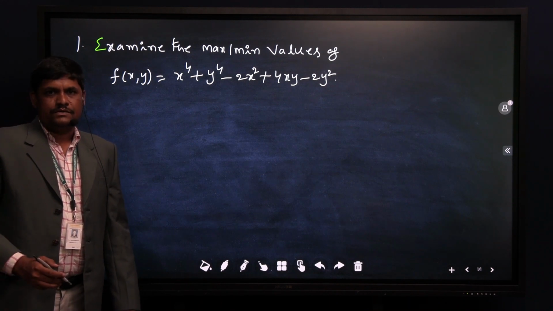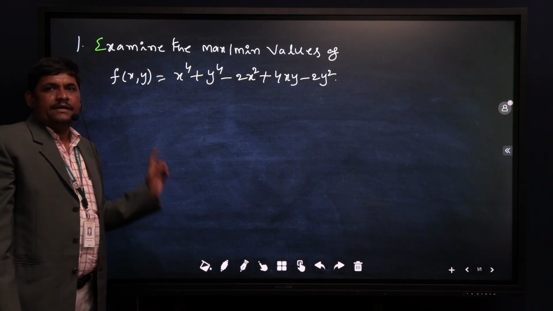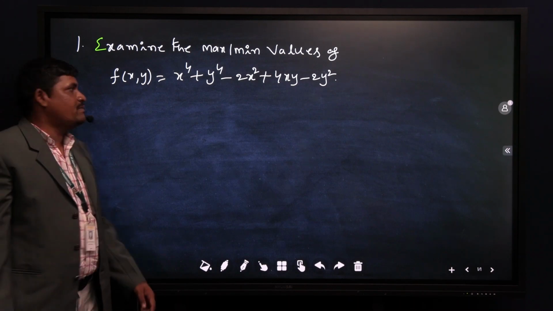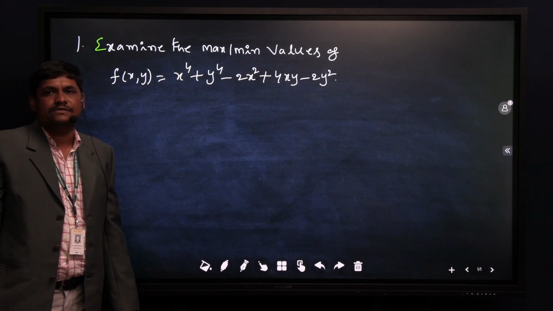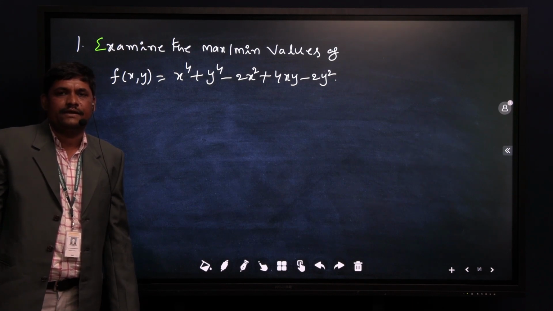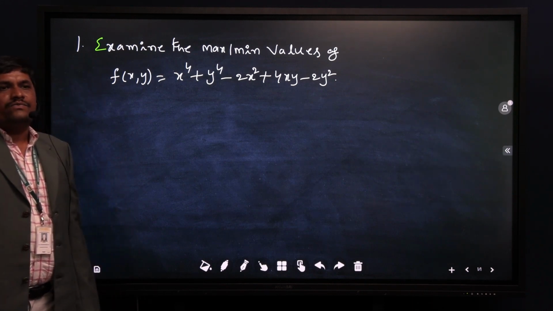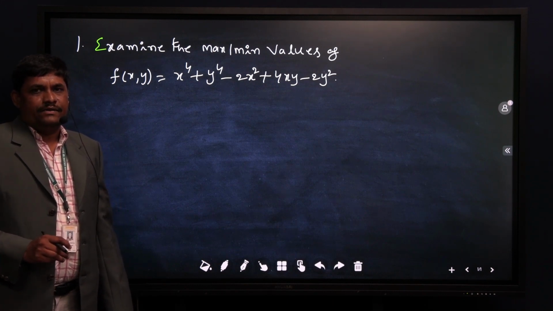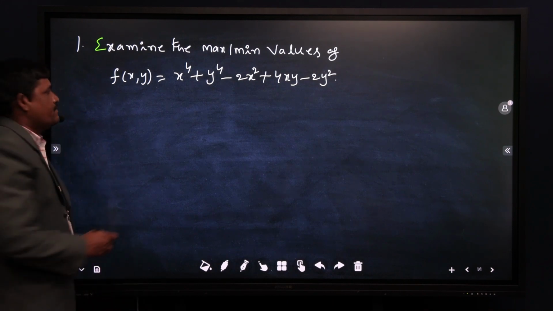Now start the problem. Examine the maximum or minimum values of f of x,y is equal to x power 4 plus y power 4 minus 2x square plus 4xy minus 2y square. Now the task is you have to find the first partial derivatives with respect to x and y and the second partial derivatives with respect to x and y. The first one,